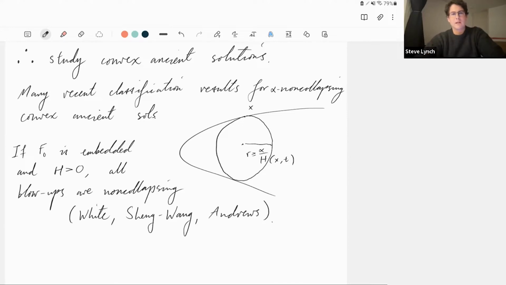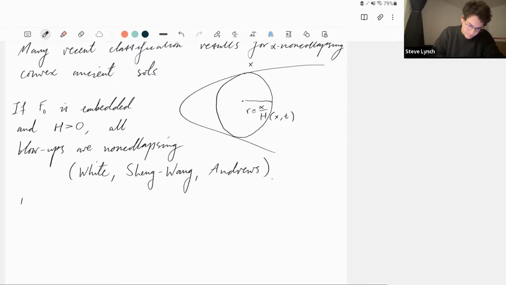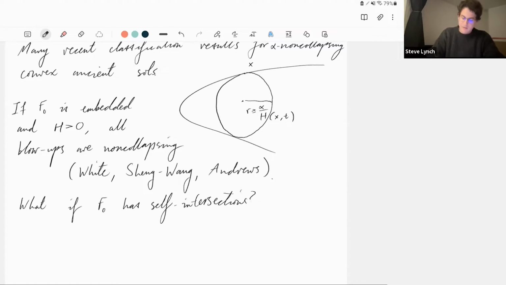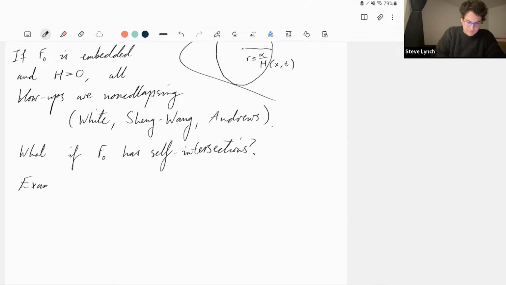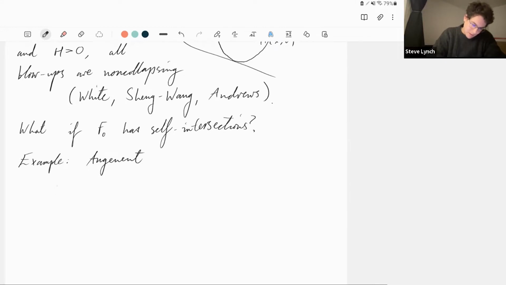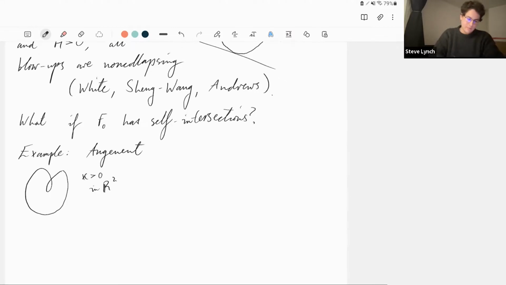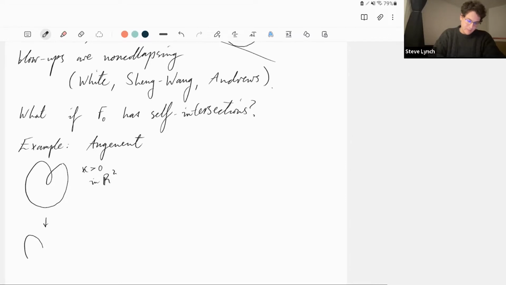But then one can ask the question, if we no longer assume embeddedness, if we allow F0 to have some self-intersections, then is this still true? And the answer is a clear no, by an example of Angenent. So he showed that if you take curves in R2 with self-intersections, which have positive curvature everywhere, but when you evolve them by mean curvature flow, this inner loop will pinch off in a kind of cusp singularity. And when you blow this up,